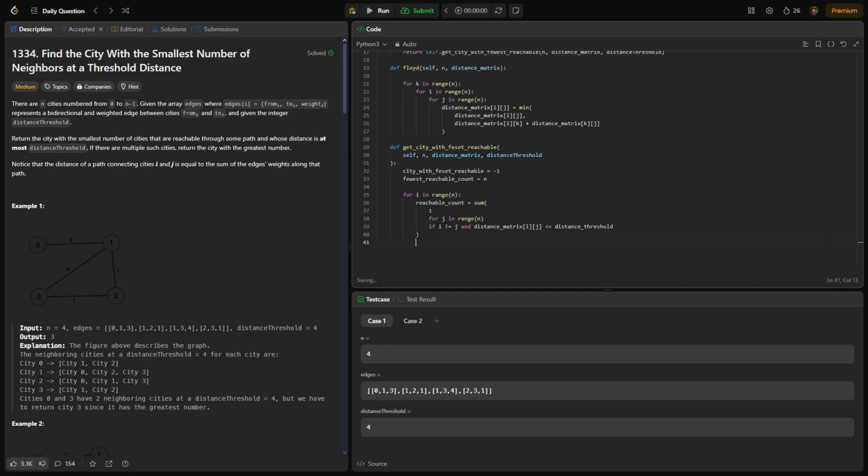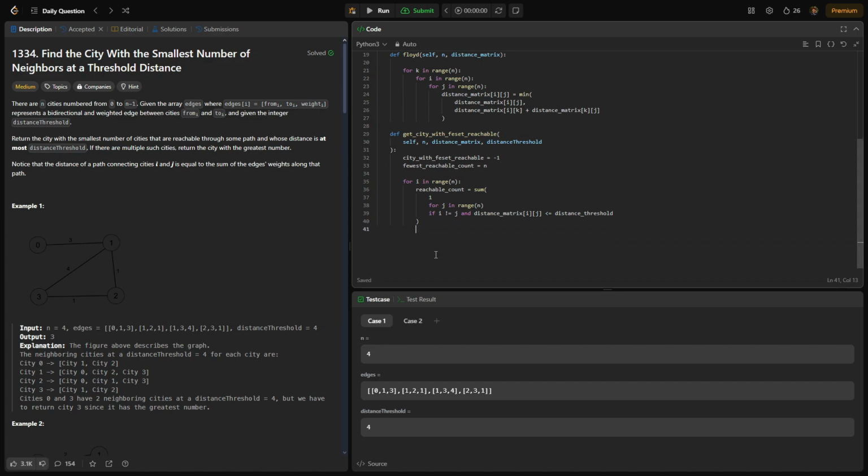That's all that's doing. We then want to update our reachable count to our fewest reachable count, as well as our city with fewest reachable if we find a new fewest reachable. So we're still going to be in this for loop actually. If reachable count is less than or equal to fewest reachable count